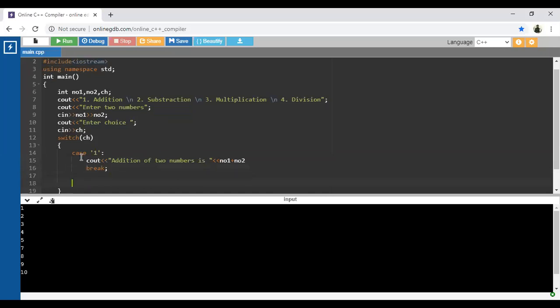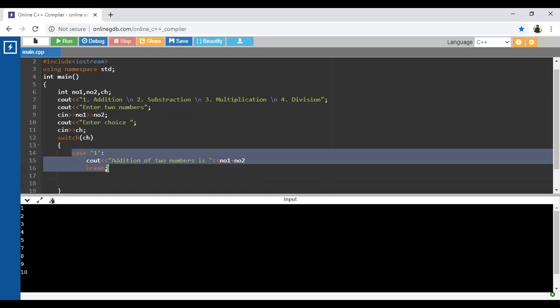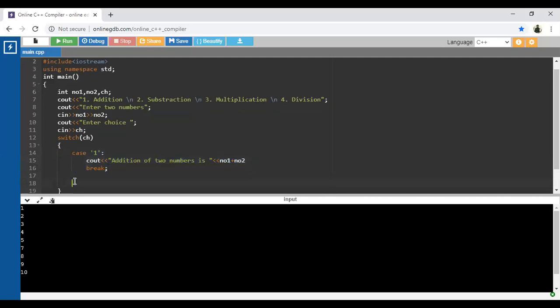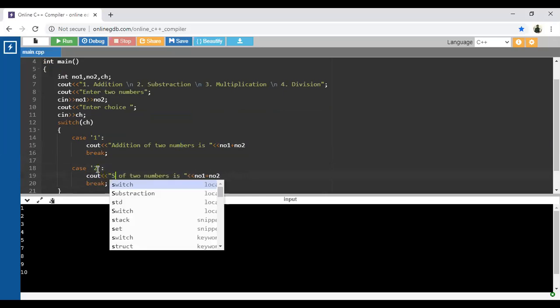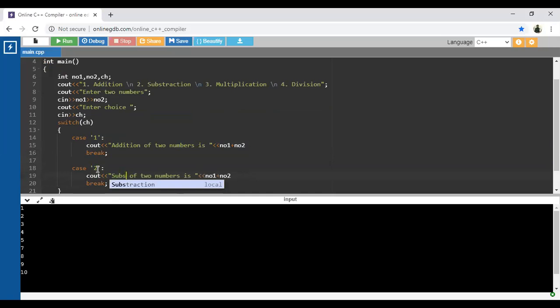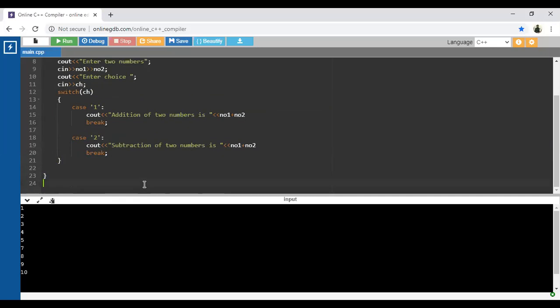Next is case 2. I will copy this part and paste it. Case 2 is for subtraction. Subtraction of 2 numbers is number 1 minus number 2.